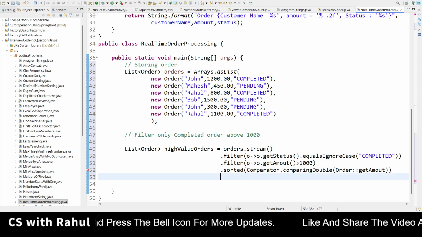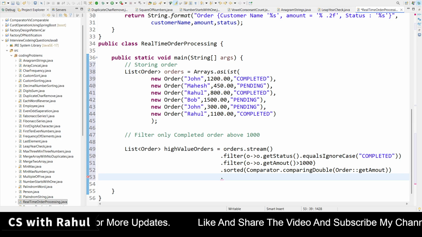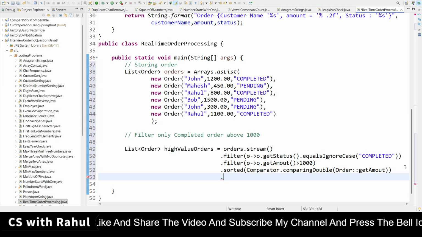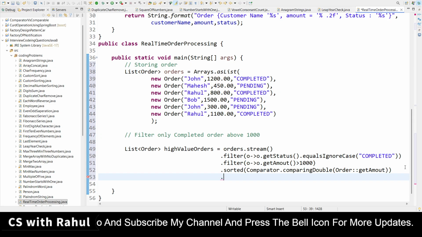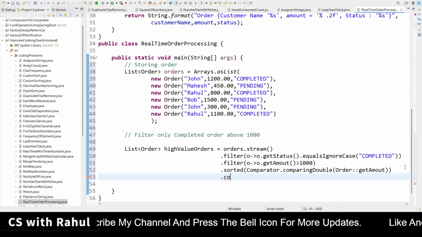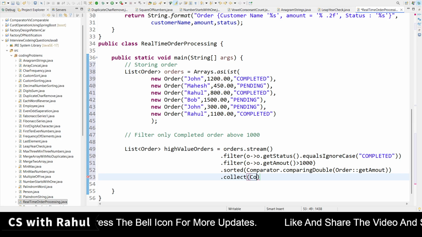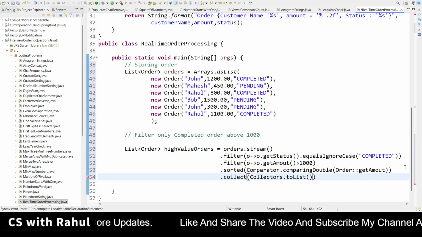See, this is another feature we have used in our real-time example. Then we have to collect it. In versions above Java 8 we can use toList directly, but here we are using Java 8, that's why I am using the collect method. Collectors.toList, that's it.